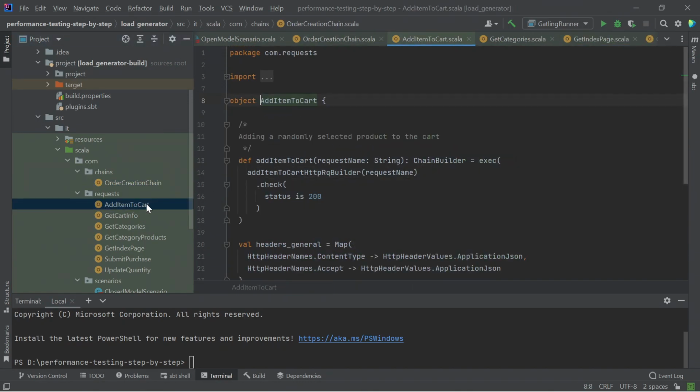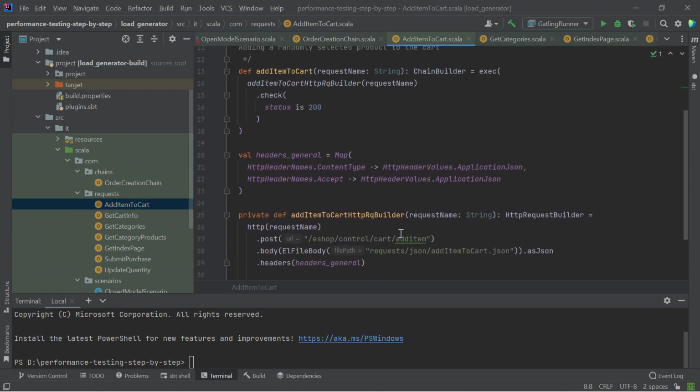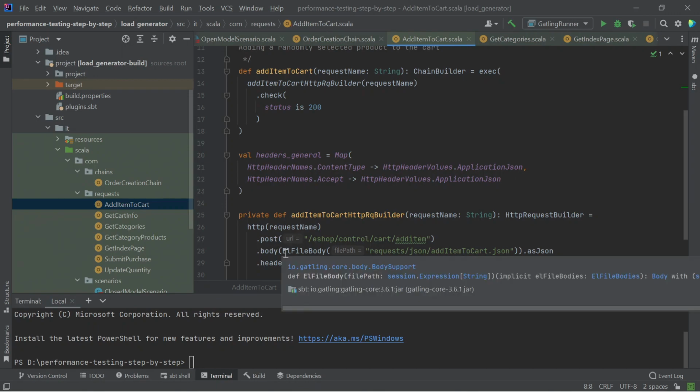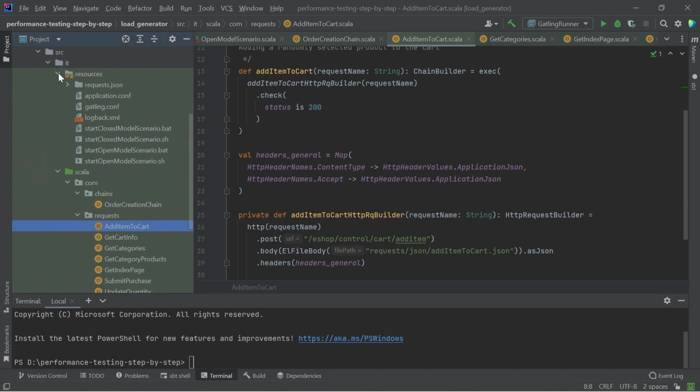Next comes adding the selected product to the cart. The post method is used, and the function that fills templates with variables is called. Let's find this template in the resource folder and open it.